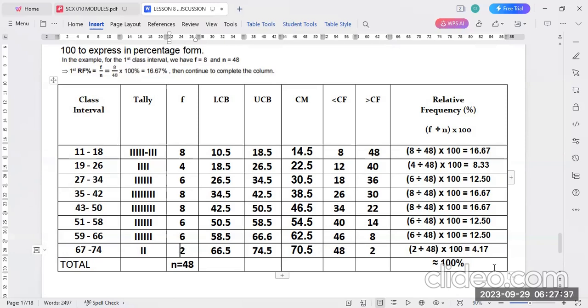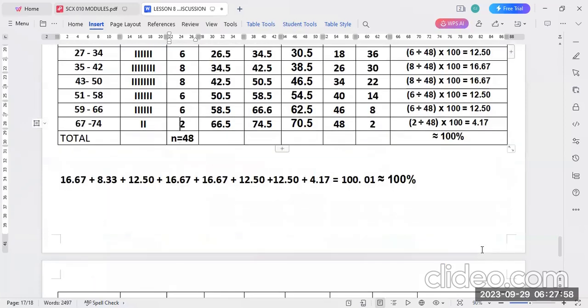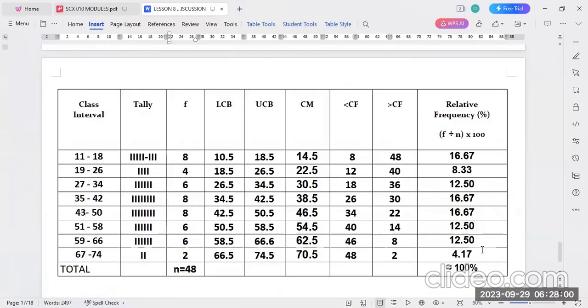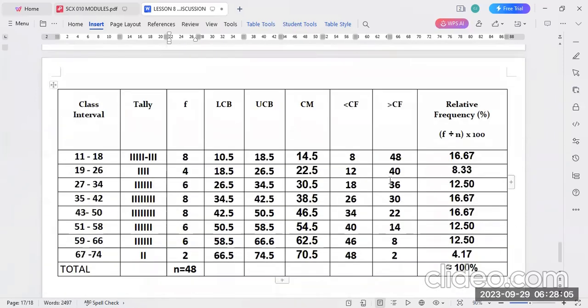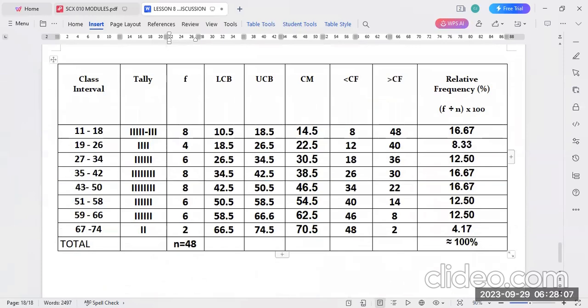But if you round it off into a whole number, that is approximately equal to 100, and it's 100%. Dapat po sa relative frequency, it's equal to 100% or approximately equal to 100%. Okay, so this is how the FDT, ayan, in-add up mo lang. And this is how the frequency distribution